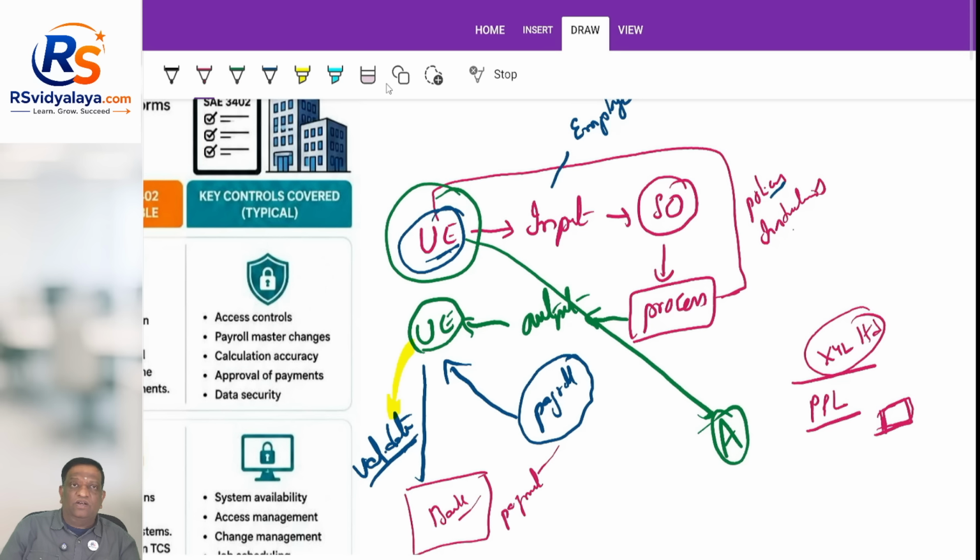So, why would ADP open up their records to the auditor? And not only that, they may or they may not, and most of the times they may not, for one simple reason: ADP is handling this kind of payroll function not only for XYZ Limited. XYZ Limited is only one of their clients. Like XYZ Limited, they are handling 20,000 other clients.